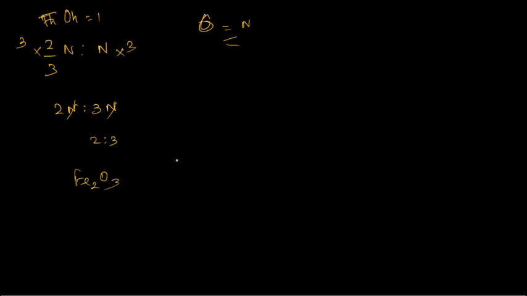Similarly, you can work out for iron oxide, ferric oxide also. In the case of ferric oxide, octahedral is 1 void, and here that is 3 into 2/3 of n. So in that, you have got 2/3. So 2/3 n is to n. So multiply by 3 and you get 2n, 3n. So 2 is to 3. So Fe2O3 is the molecular formula.